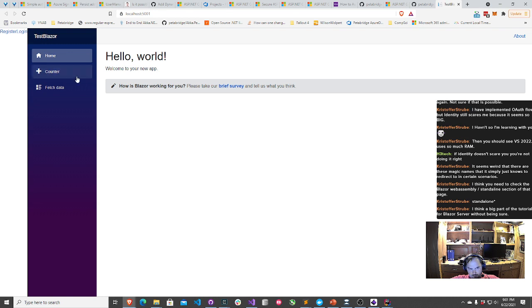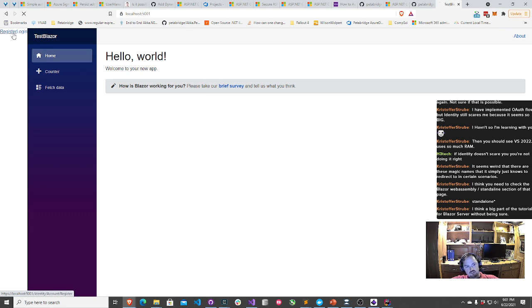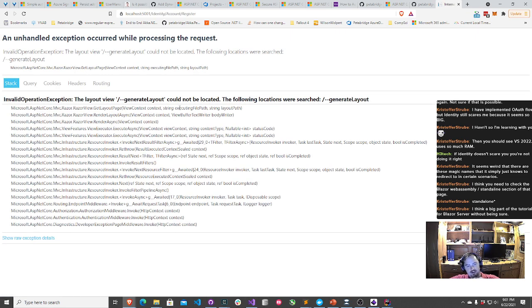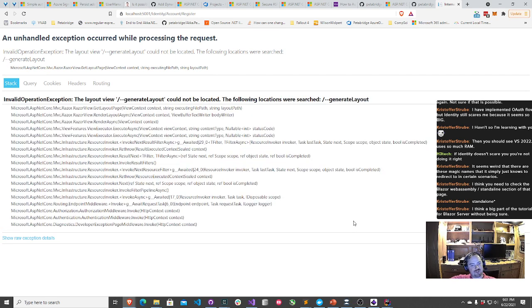All right. Well, now it's not stopping me from actually doing anything. And it looks like the scaffolding tool did not work particularly well generating the UI here. Oh my gosh. That's honestly kind of funny.